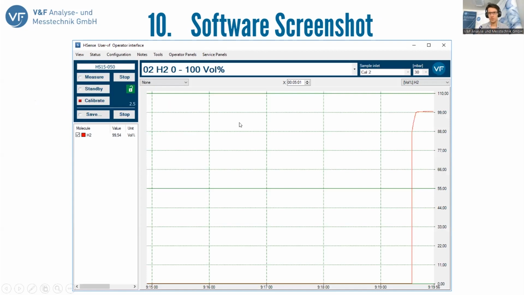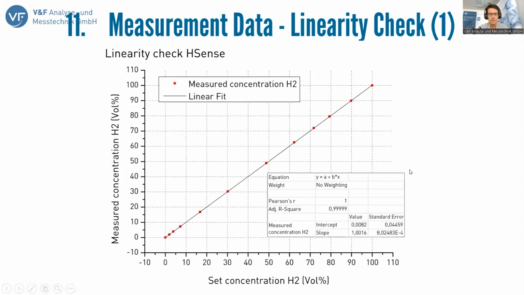So here I'm gonna just show this briefly because we're gonna do this live in just a minute. This is a picture of our software. I will go over this in just a few seconds. Maybe this is something that is interesting for